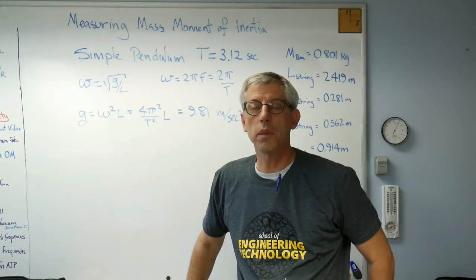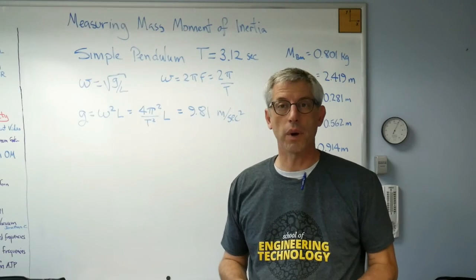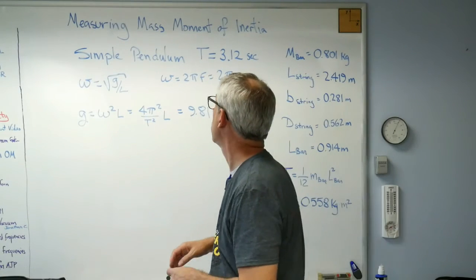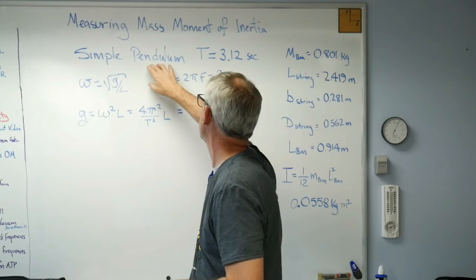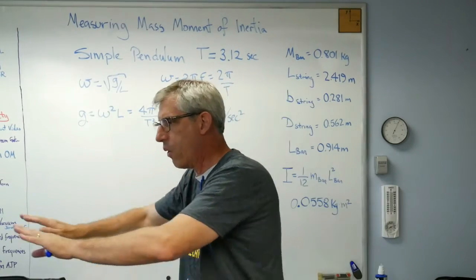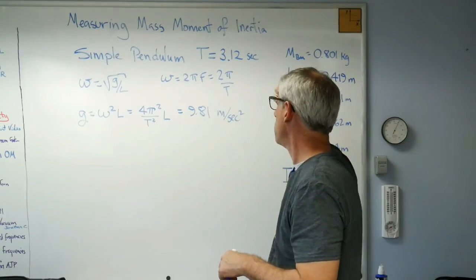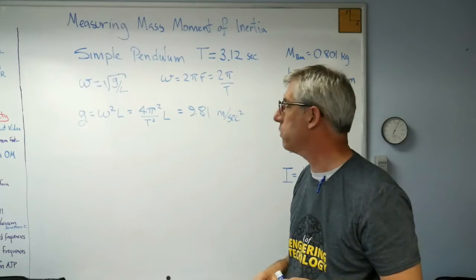Okay, let's bring it on home here. The experimental data is in hand now. Let's see if we got the right answer. Okay, see if it makes sense. So when I did the simple pendulum, I got a period of 3.12 seconds. That means when I went out and back, it was actually 31.2 seconds for 10 swings, so that's 3.12